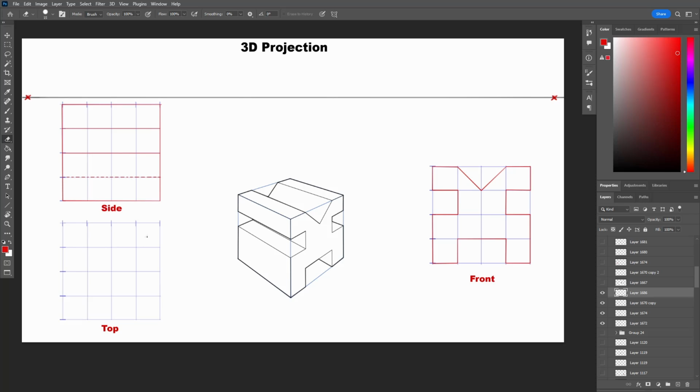From the top, we have 1 unit rectangle on both sides with 2 units for the triangle. But from the top, the triangle will look like a simple rectangle with a line in between. So basically, the projection will be a square with 3 lines. There are holes and shapes going in and out, but all of them will fall on the same lines that we have on the top, so they won't show on the projection.